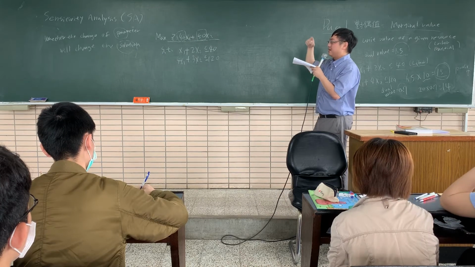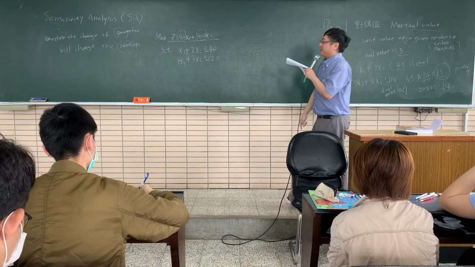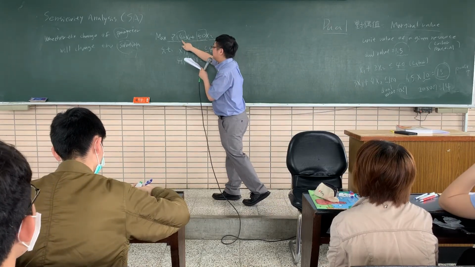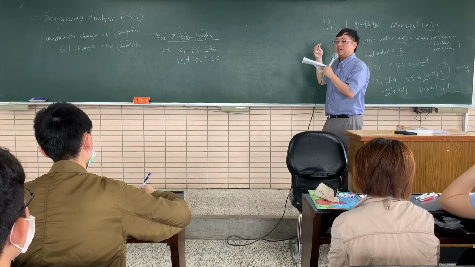This is question type 1, the easiest one. 就是我们常见的问题是看目标函数的这些系数改变会不会让解改变。